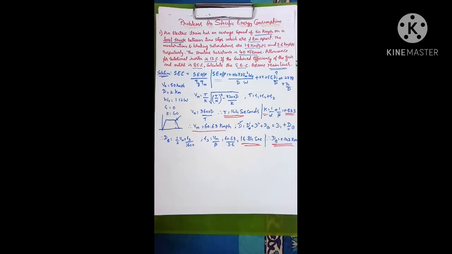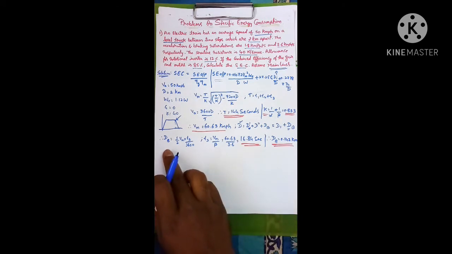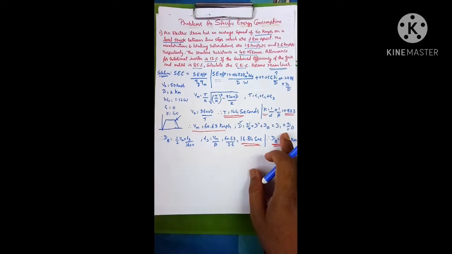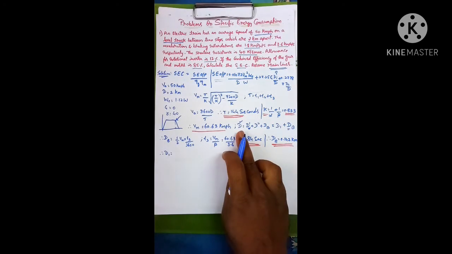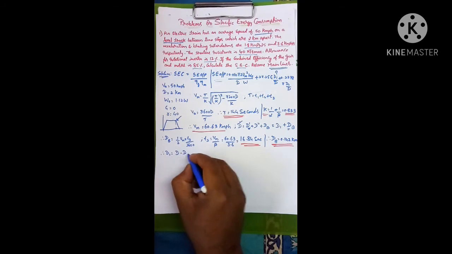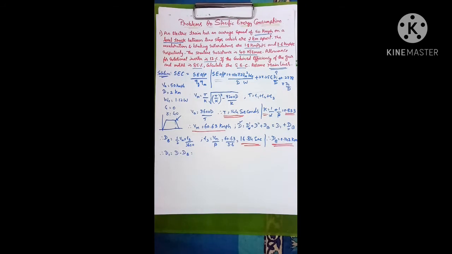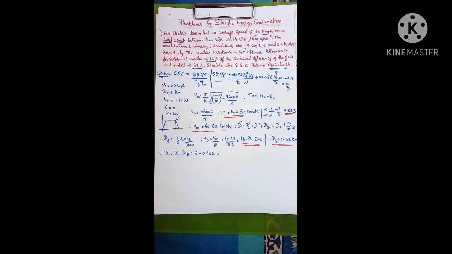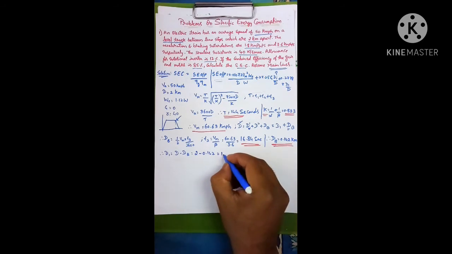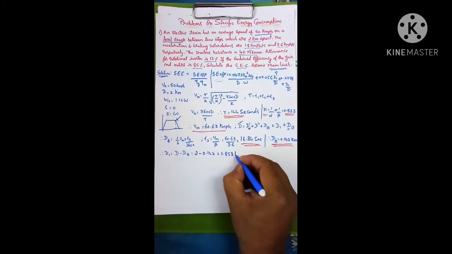0.142 kilometer. See, you should go on elaborating the things, then only you will come to know what has to be done next. Okay, so here we got dB. Once you get dB, you can find d1. Therefore d1 can be given as d minus dB, the total distance minus distance during braking. So that is nothing but the total distance, which was 2 km, minus 0.142 km. That will give you d1, that is 1.858 km.